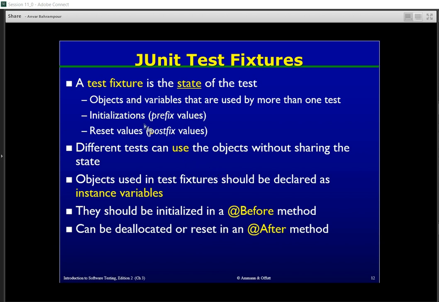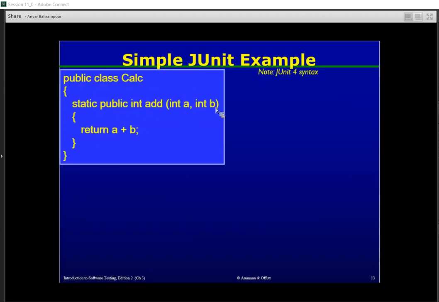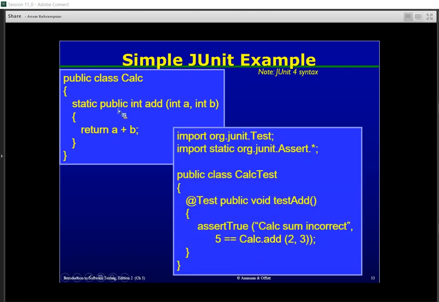This is our first simple program that you have seen in the previous session. This is a simple calculation class which includes just an addition method which receives two integer parameters and returns the summation of them. For testing this method in JUnit, we should define a test class, as you saw before,